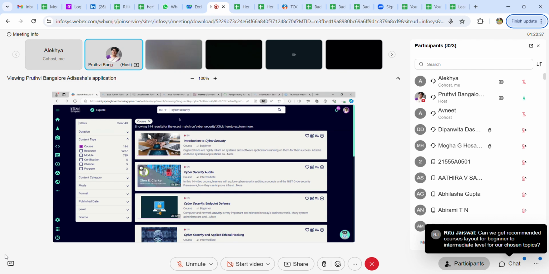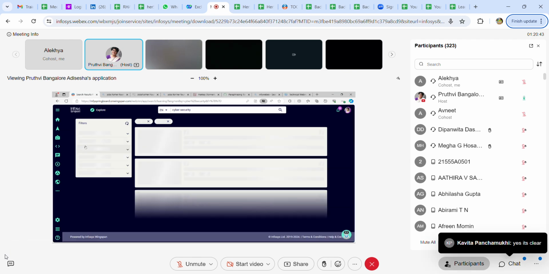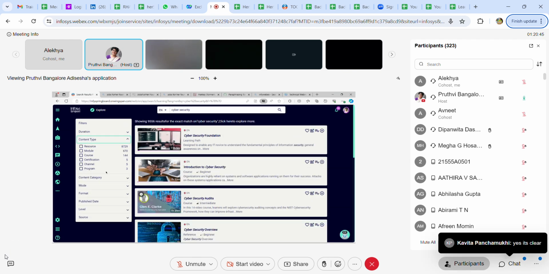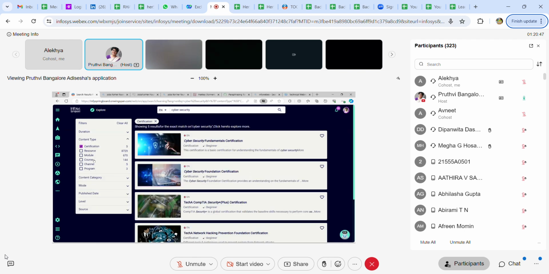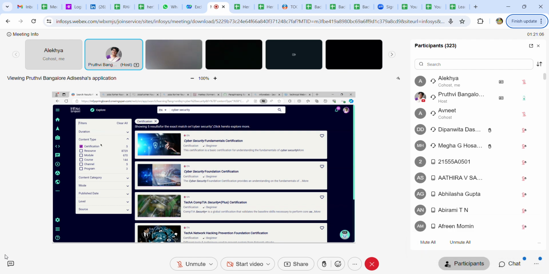Okay. Next, moving on to another type of content type here. All this while we were talking about the course, now I'll talk to you about the certification programs. These are in the content type, you can see certifications. These are proctored certifications. So if you ask me what is the difference between the course certification and this particular certification